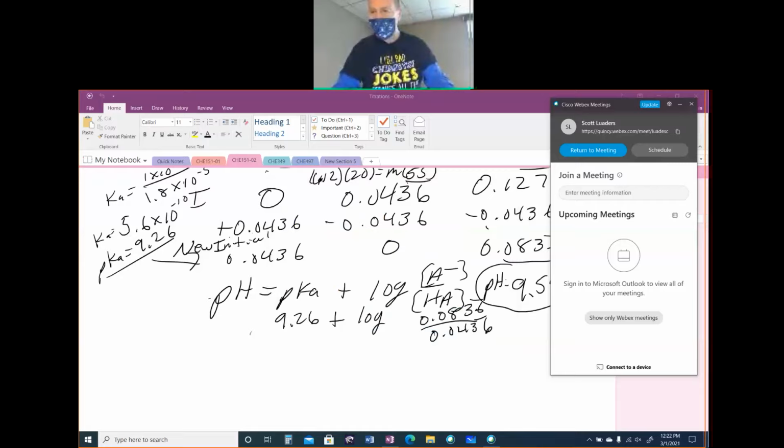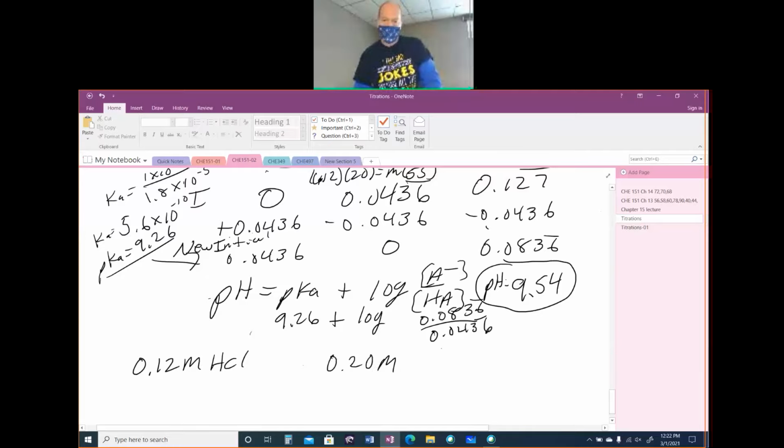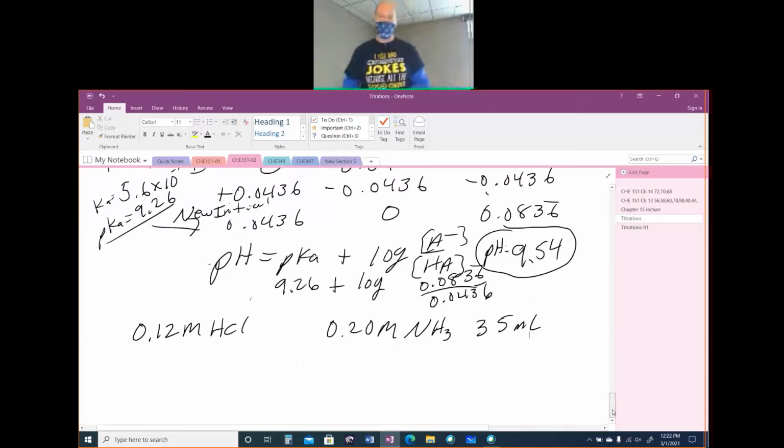All right, so on our titration, we were up to the pH at the equivalence point. So we had 0.12 molar HCl that we had in our burette, and we were titrating that with our 0.20 molar NH3 in our Erlenmeyer flask, which contained 35 mils. So far we did the initial, then we did after 20 mils added, and we are now at